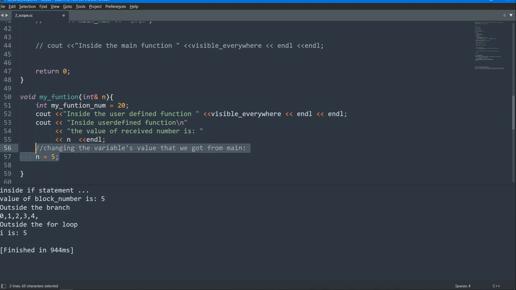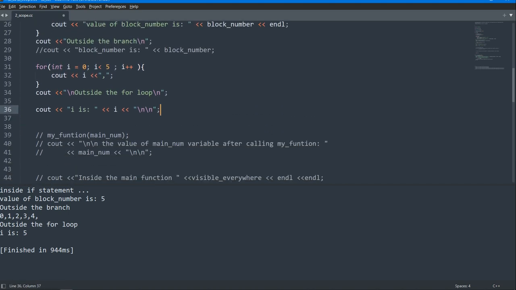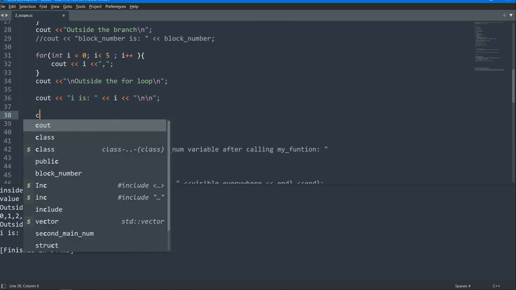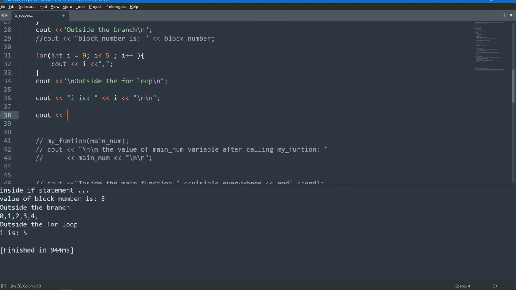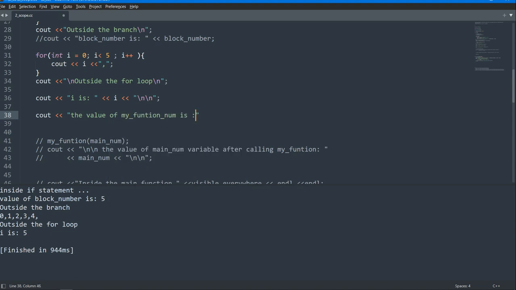And it is visible inside this scope and not anywhere else, and it's not visible in the main function. We can test that right now. Let's print that variable. The value of my function number is